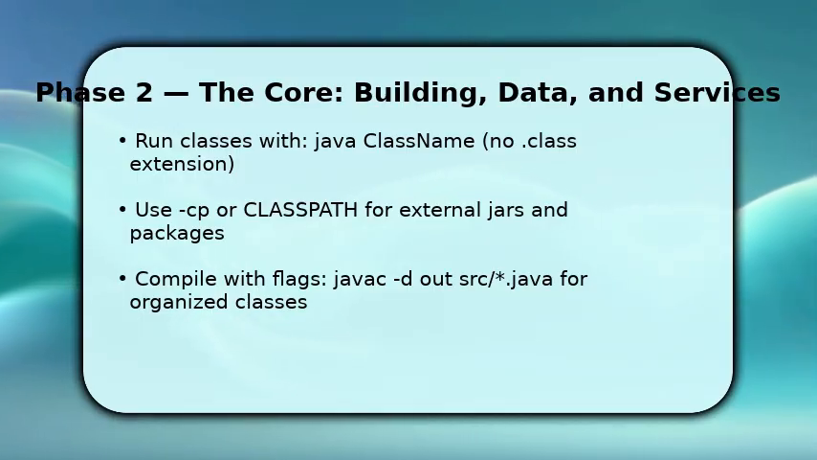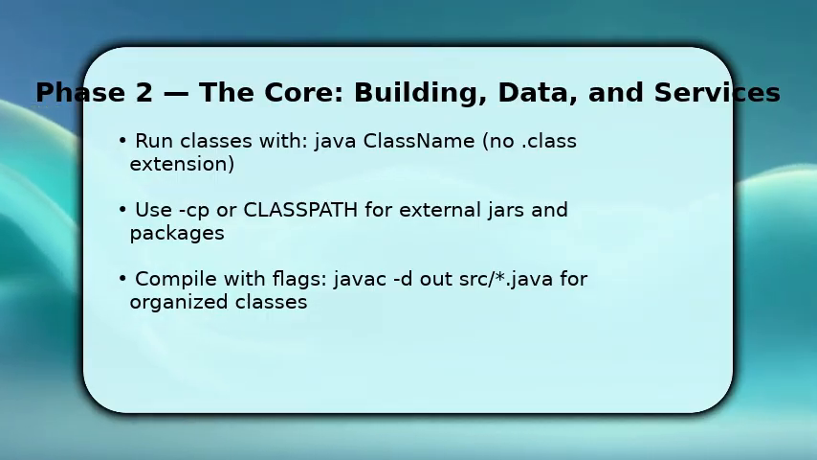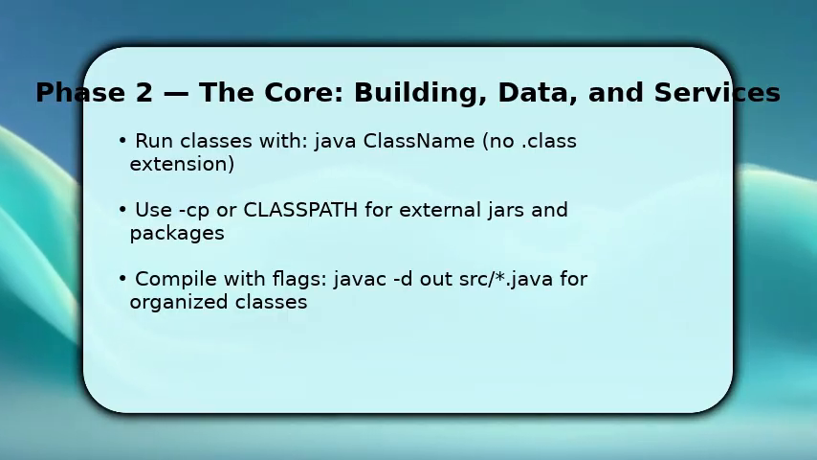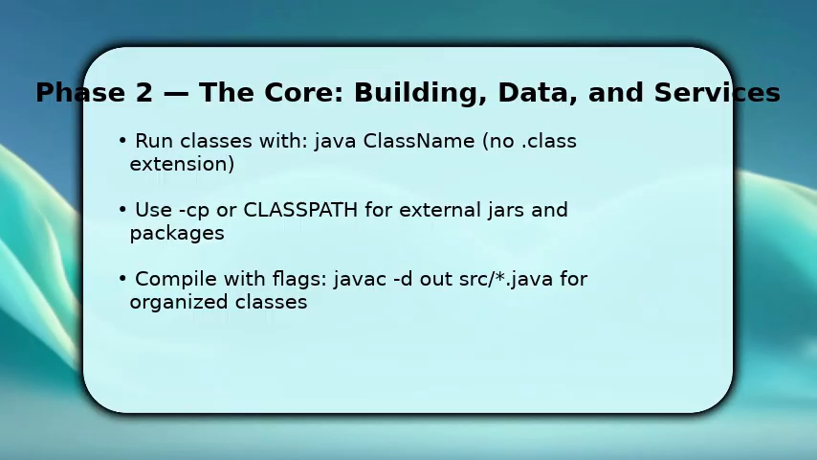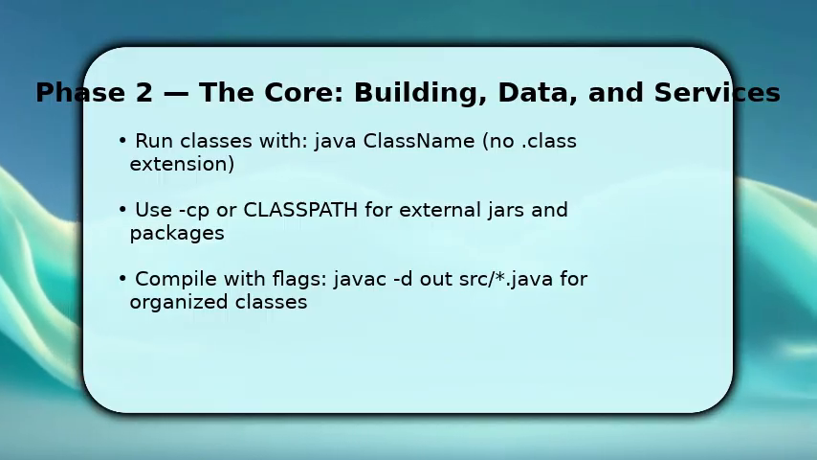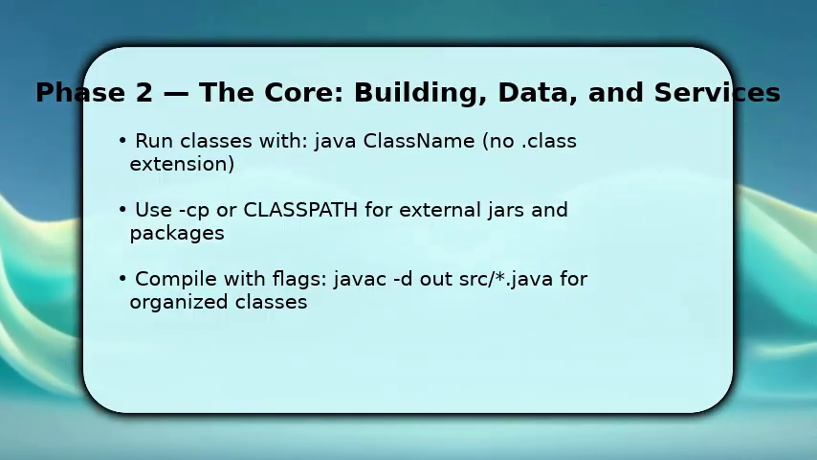For projects, compile with javac -d out src/*.java to place class files into an output folder. This preserves package structure. Once compiled, you can inspect bytecode with javap and run unit tests or main methods directly